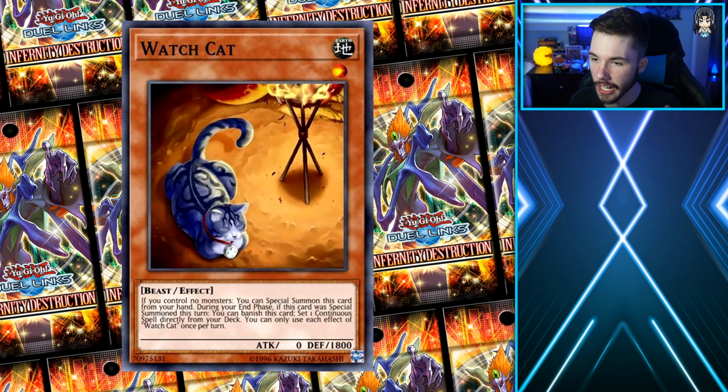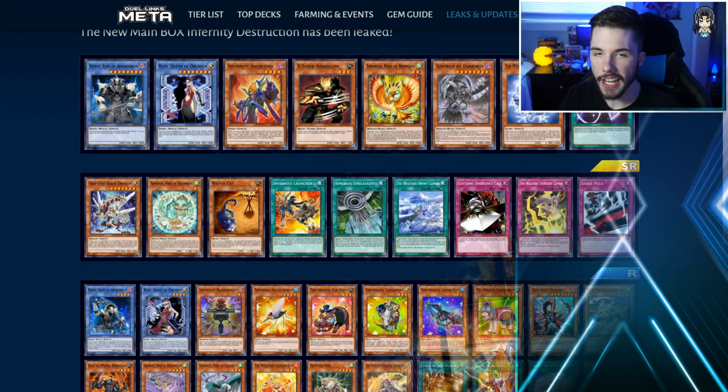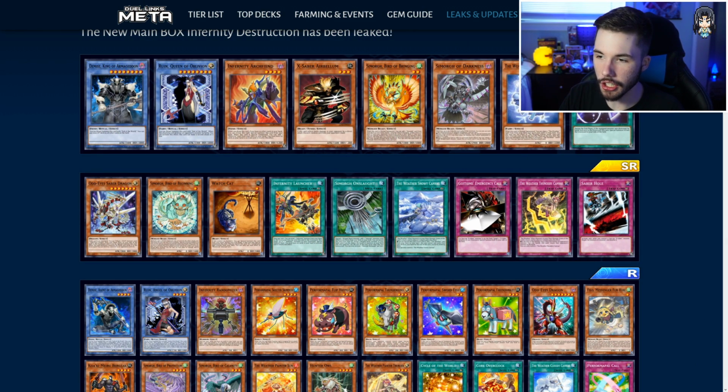Really cool card right here. Definitely going to be a card to rock in Infernities and with other decks in this game. Watch Cat's a really cool card. Love to see that we're getting a Pussycat in this game, that is for sure, and I'm looking forward to trying this card out. Now, that is it when it comes to the UR and SR cards from this brand new box,